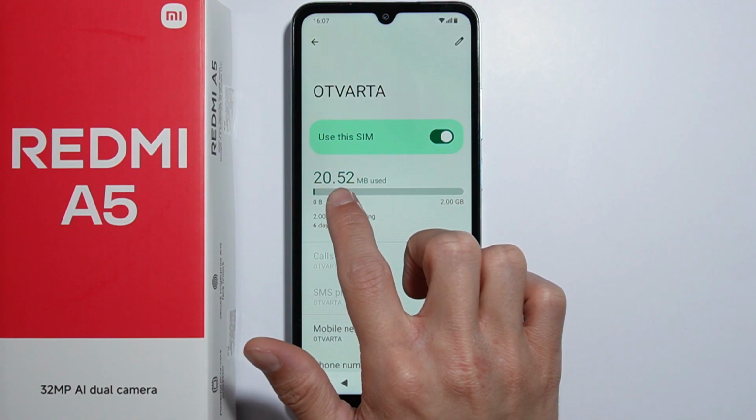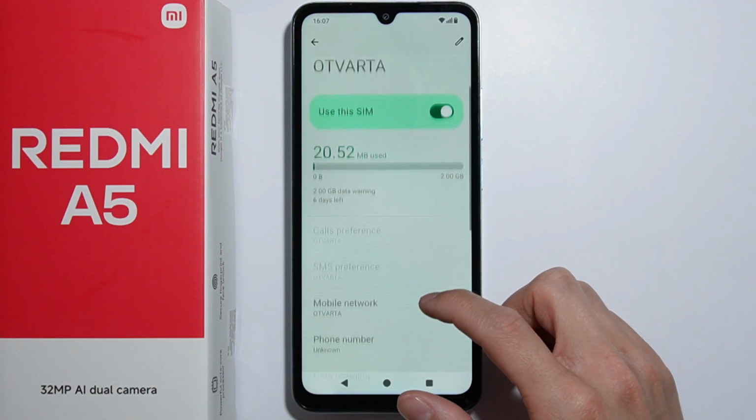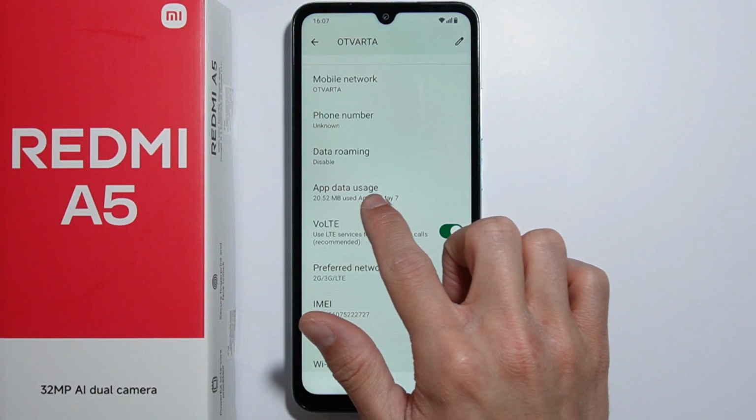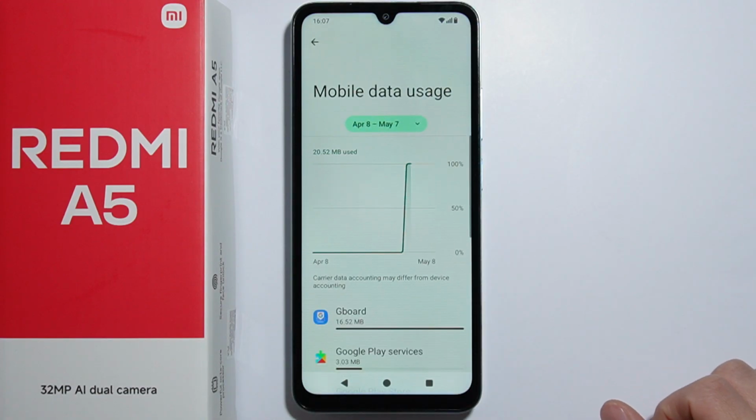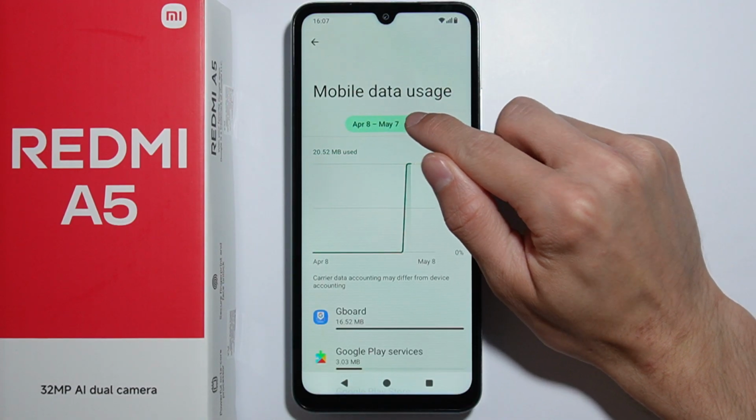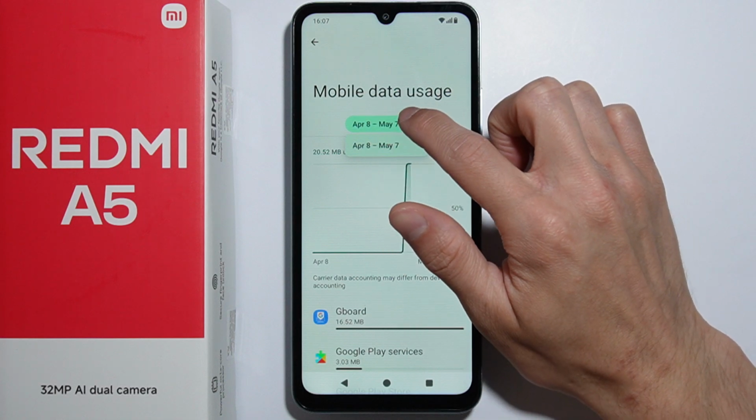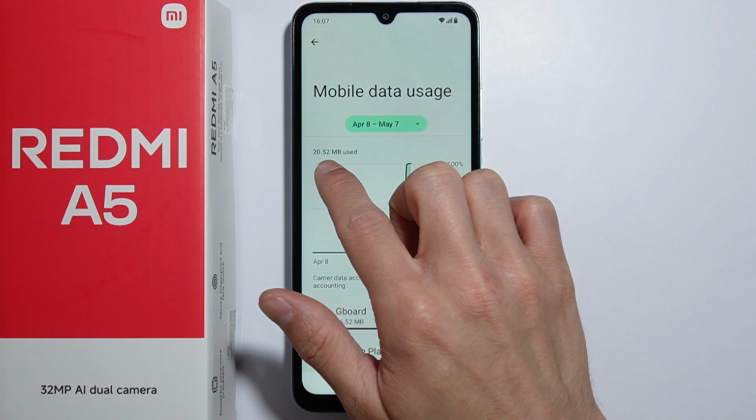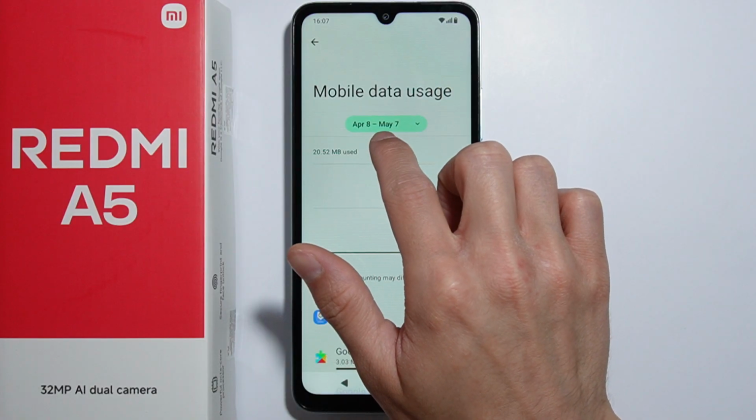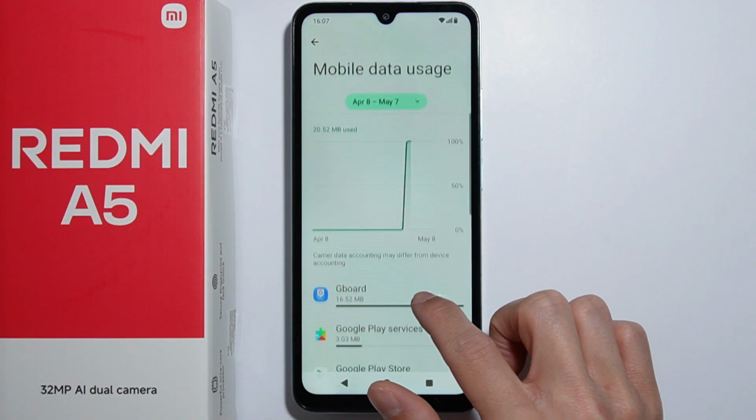see the amount of data which has been used, but also as you scroll down, here you can find app data usage. As you go in there, here you can find the mobile data usage, and here you can select the period. You can see the total amount of data used in this particular period, and also right here you